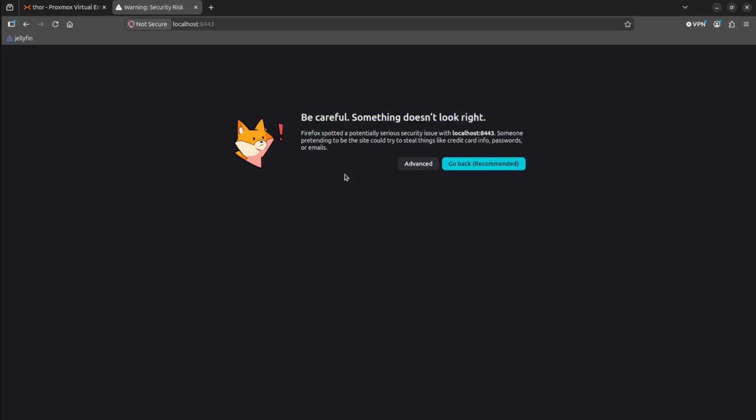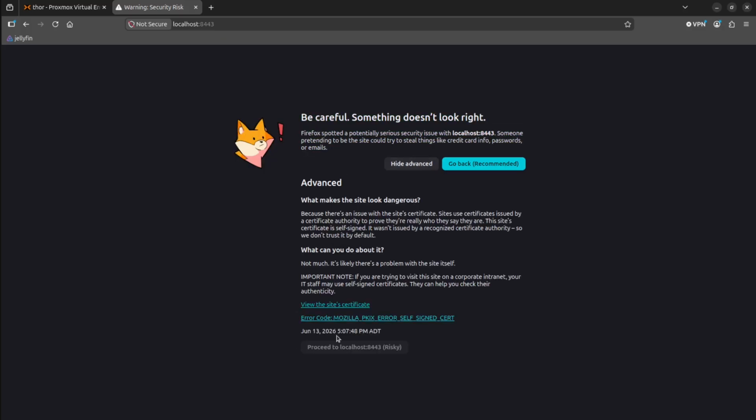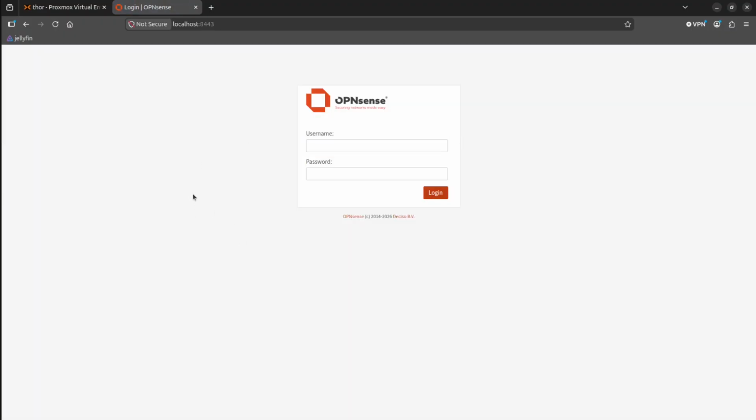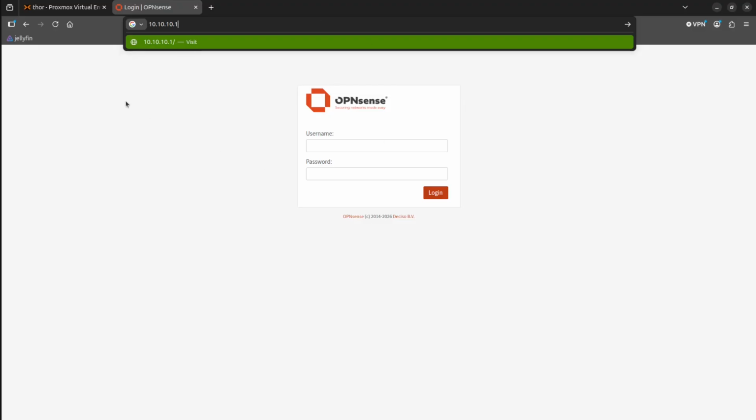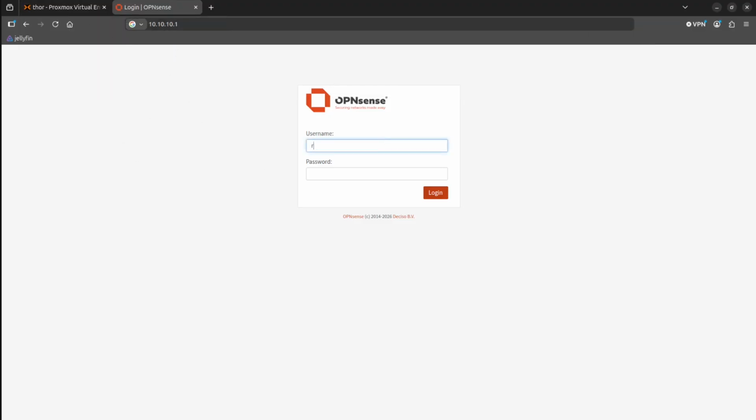Okay, so we got in. It's saying it's fishy, whatever, right? We're going to go to hide it or show advanced, and then proceed to localhost for 8443. It's risky, and here we are. This is the OPNsense GUI. Once we have a Kali machine, we'll be able to just go up here and go 10.10.10.1 and log into it. But for now, this is our workaround so that we can get into it, and it'll be root and Thor like we set up in the console,